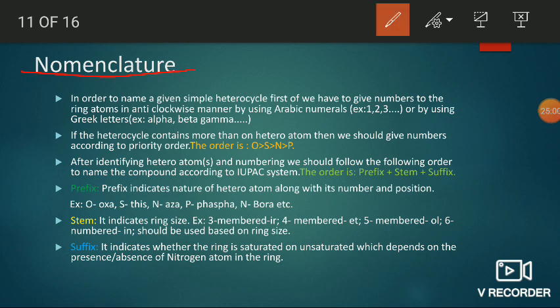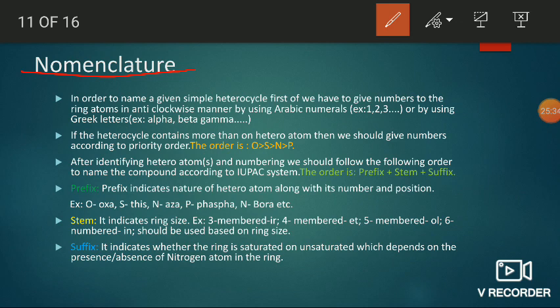Next one is nomenclature of heterocyclic compounds. In order to name any given organic compounds, generally there are two systems. One is the common system or trivial names. The second one is the IUPAC system or IUPAC names. In order to name heterocyclic compounds according to IUPAC nomenclature, first of all we should find out the heteroatom in